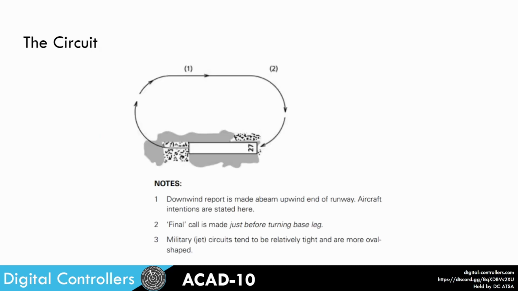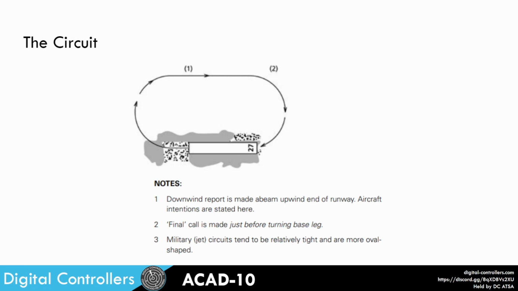So let's talk about the circuit. For fast jets, we tend to use this even oval circuit, just because the aircraft fly much faster and it keeps the circuit a bit closer into the aerodrome. In this case, we have a right-hand circuit because the turns are to the right, and the aircraft will report